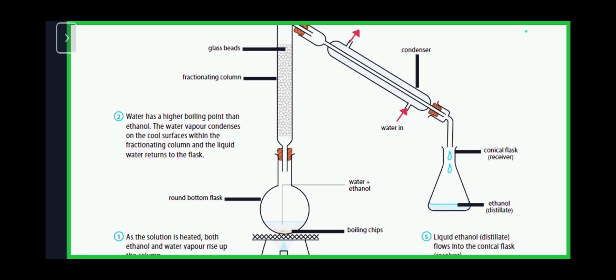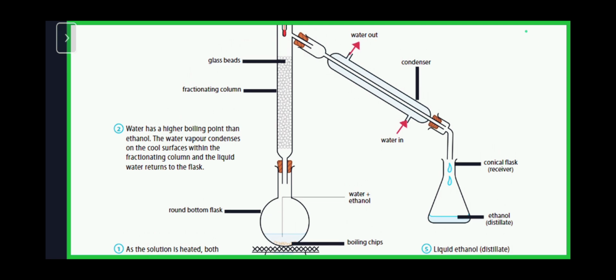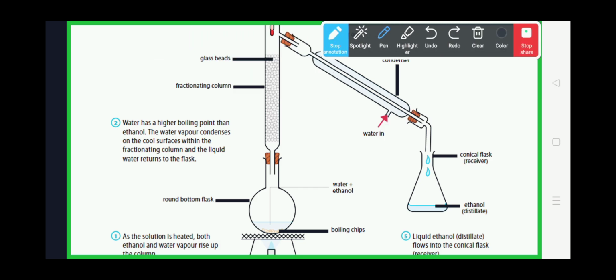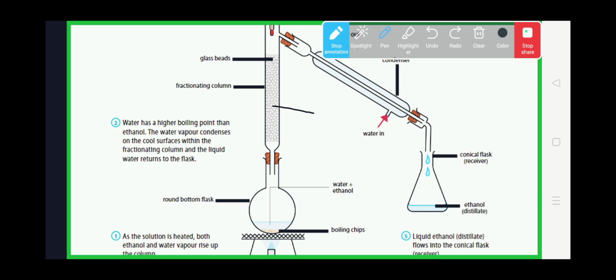Excellent, very good. Yes, glass beads are basically acting as a barrier. First of all, a barrier for those vapors. Now these are the glass beads. You can see them. So the difference between simple distillation and fractional is the addition of the fractionating column. Now the glass beads that have just been added are acting as a barrier for those vapors of liquid that have not reached their boiling point, and they allow only those vapors to escape that have reached their boiling point, because they will not stop.